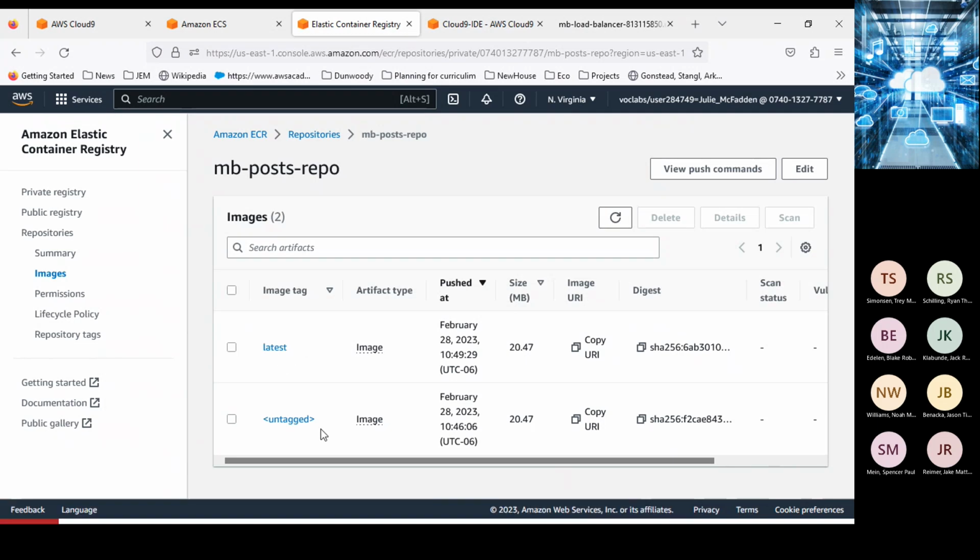we have a latest and then we have an untagged. Let's see what timestamps we got. 1046. Yep. So latest is showing 1049, which is what we want. Awesome. Okay, so little diversion there, but we got it built. We got it fixed. So now we can go down to task 6 and deploy